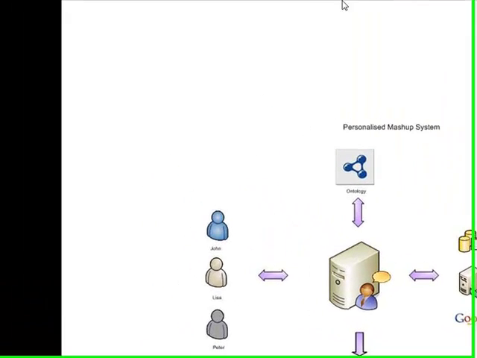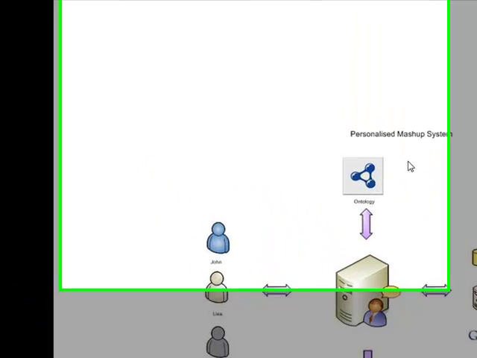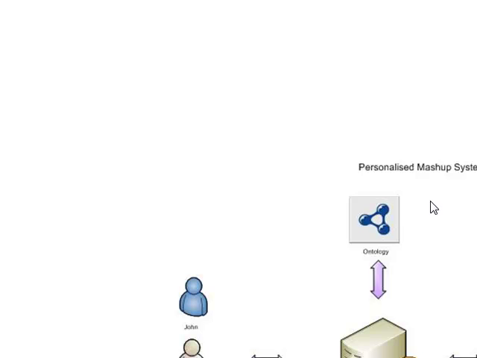Here you can see the prototype personalized mashup system, which provides personalized housing information to its end user.